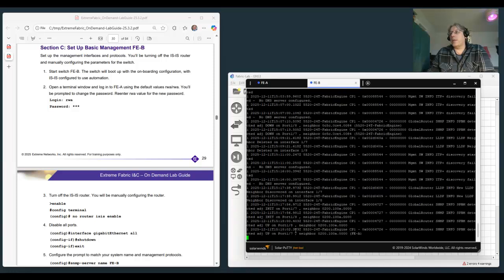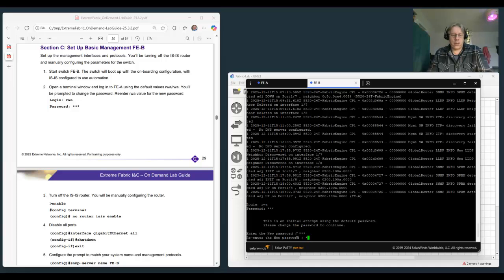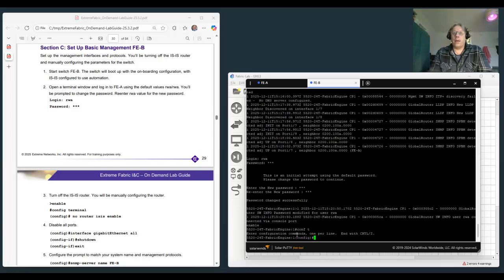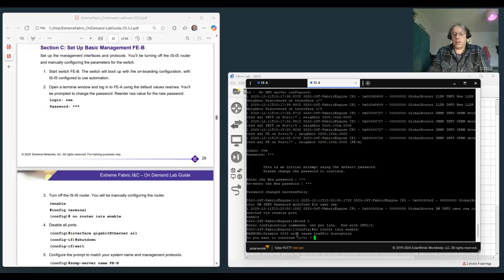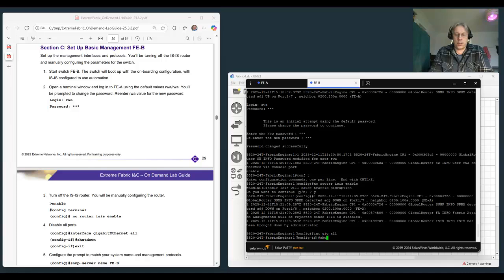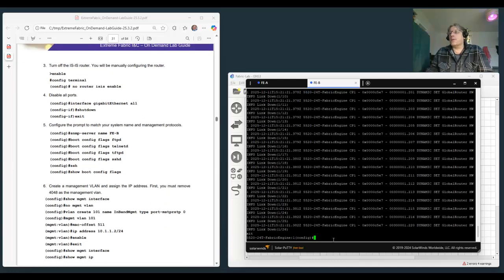So let's switch over to B, log into B, RWA, RWA, enable, conf T, similar to what we did on A, so we're going to do no router IS enable, say yes to disable, int gig all shut down, then we're going to configure the prompt as an MP server name FE-B,